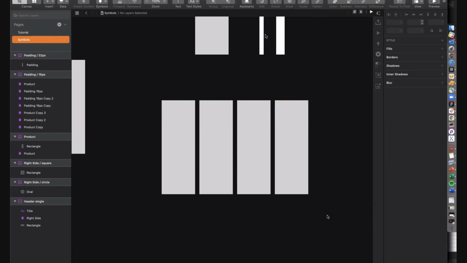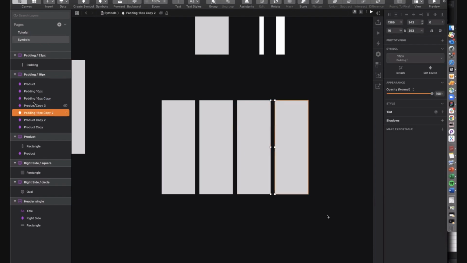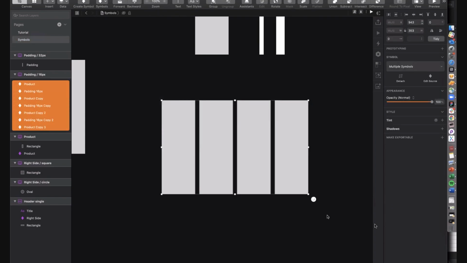Let's have a look. So we've got padding, so that needs to knock down to there, and that one is last. This is what I mean about Sketch layers. Sometimes they really go a little bit janky, and you just can't figure out where stuff should be. So ding, ding, ding, ding. Right. So if we select all of these now, and we create a symbol with these, we call that